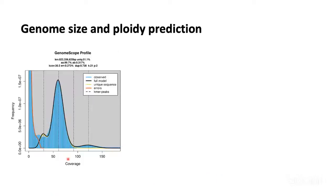Now, the first step, once we have our clean data, is what we want to try to answer: what is the estimated genome size and what is the ploidy prediction. So what you see here is a plot from a tool called GenomeScope. Here, what you're seeing are k-mers plotted. This approach will try to estimate the size, and here it tells you the estimated size of this genome in one copy is around 822 megabase pairs. And you could already see that it is a very highly homozygous genome of 99.7%